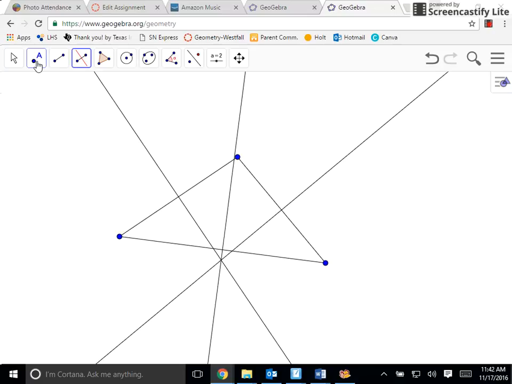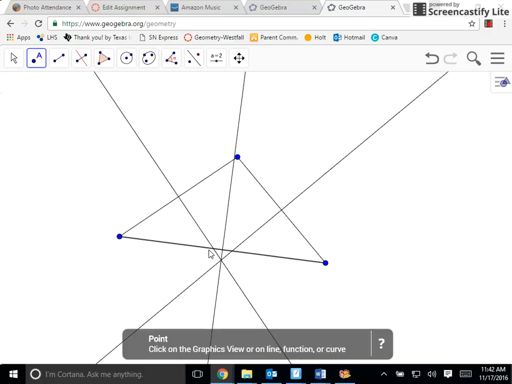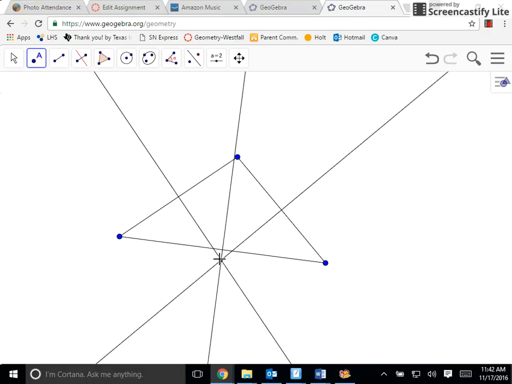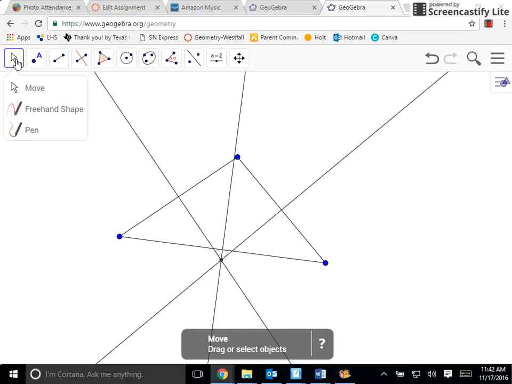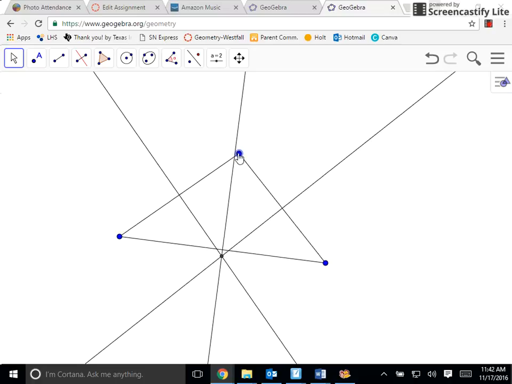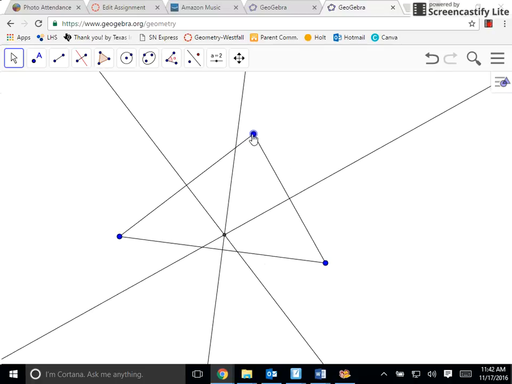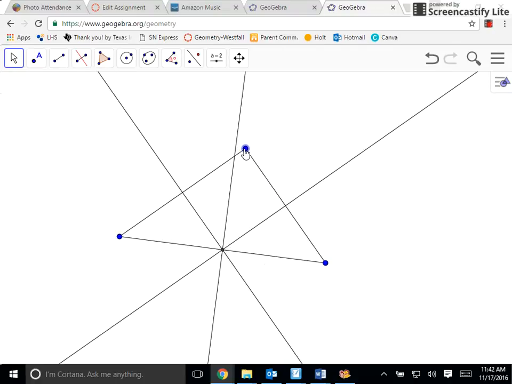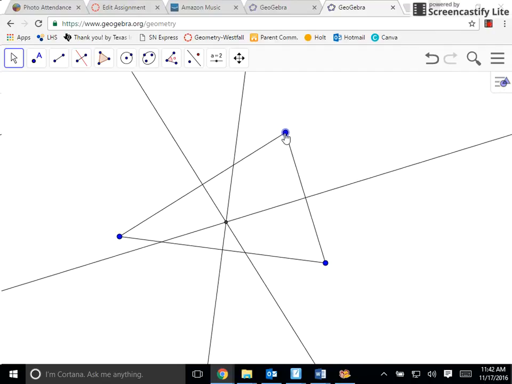After you've done that, create a point at the circumcenter. Make sure all 3 lines are bold when you drop the point. And you notice since it's outside of the triangle, this triangle must be obtuse. So if you make it acute, it goes inside. If you make it right, it's right on the triangle. So once you have it how you want it,